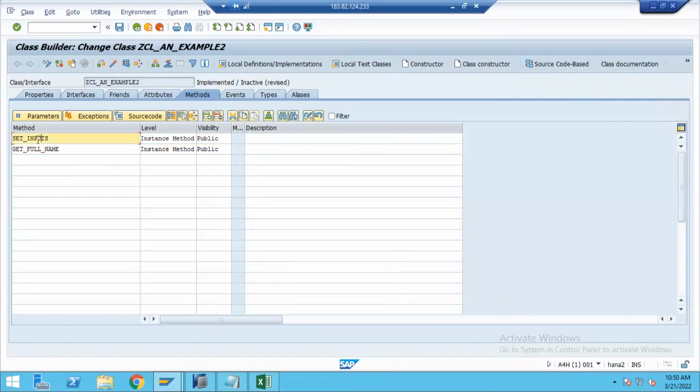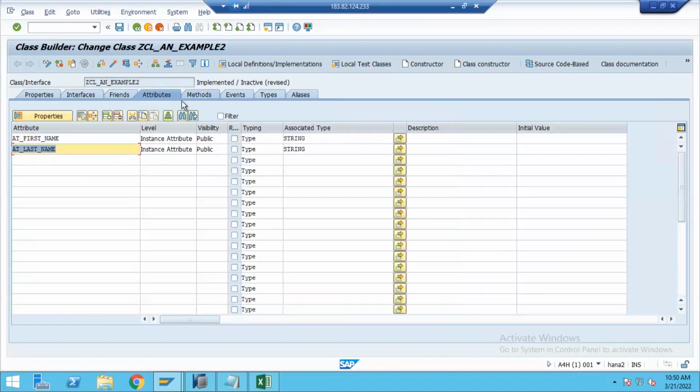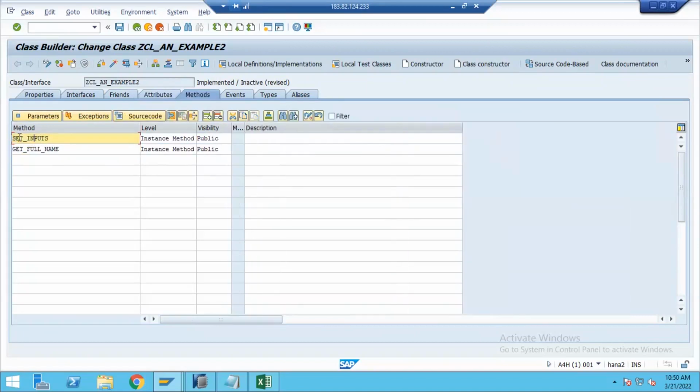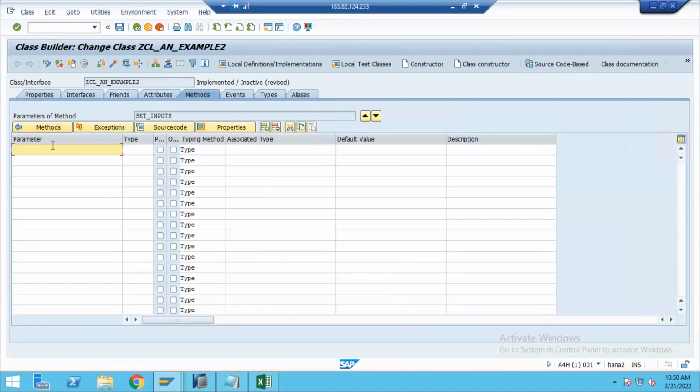So when I am going to set inputs, it means I need to pass some inputs to this method and update our class attributes, correct? So for this reason, you have to create some import parameters to this method. The name itself says setting the attribute values. So you have to provide inputs to this method so that those values can be used to update the attributes. So go to the parameter section of this method and create input parameter p underscore first name,